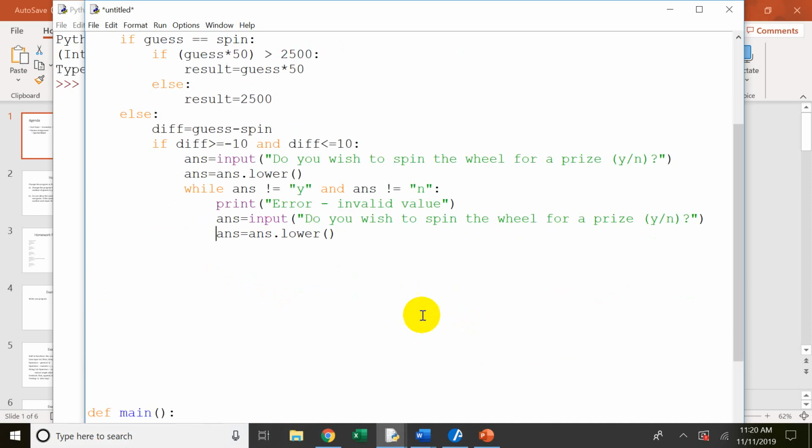Okay, so I know that when I get out of this, I have an answer that is a Y or an N. And again, I probably should have relegated this to a function so the code doesn't get cluttered up with this. So now I'm going to come out of this, and if the answer, which I know has to be either a Y or an N, is equal to a Y,